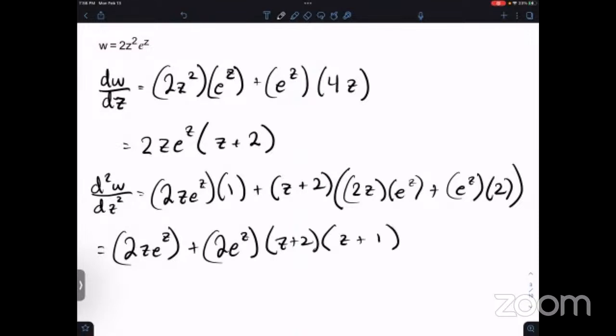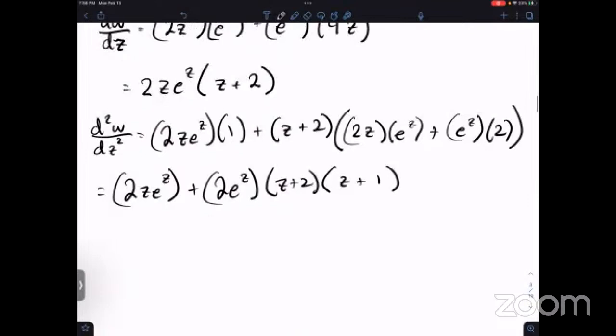Looks like we could factor out 2e to the z. I don't know if this helps us, but I'm going to do it anyway. Looks like both of these terms have 2e to the z. Okay. And we're going to be left with a z